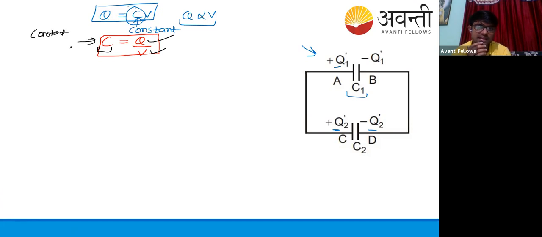Suppose C is having a constant value, say 10 farad. Then what's going to happen is that either charge will be 20 coulomb and voltage will be 2 volts, or charge will be say 40 coulomb and it will be 4 volts, okay. So you can vary Q and V, but C must always be constant. You can't change the C, okay. There will be no change in C, the variation will be only in Q and V.